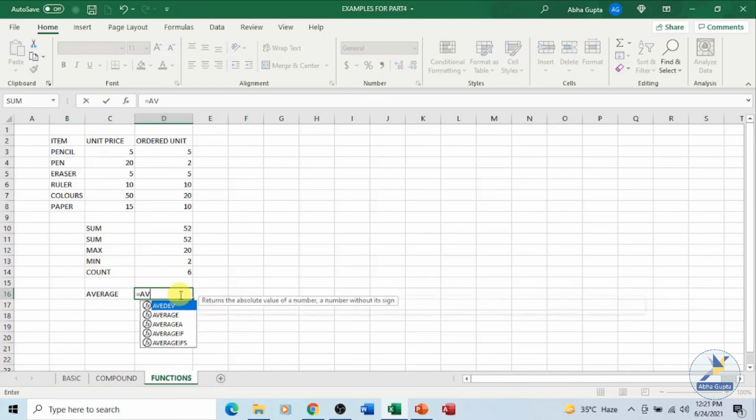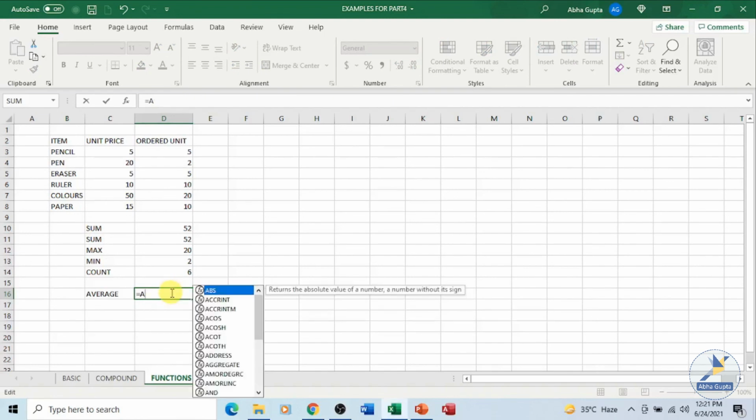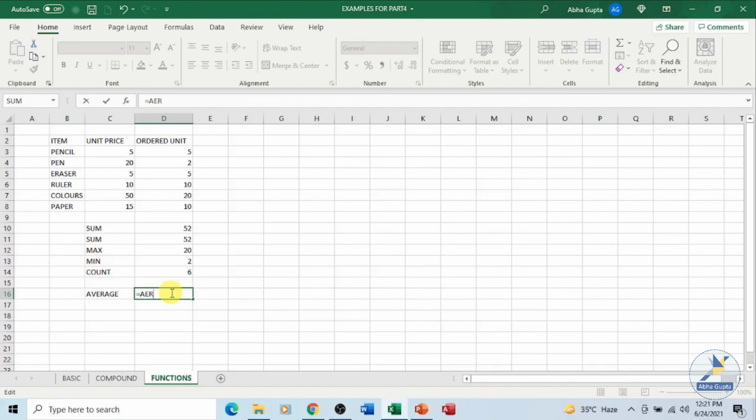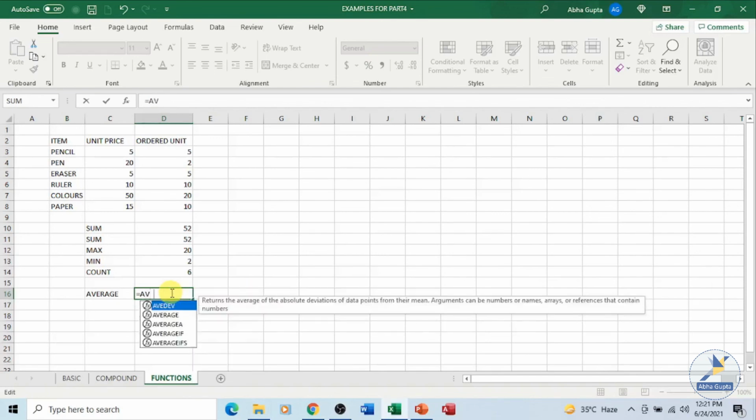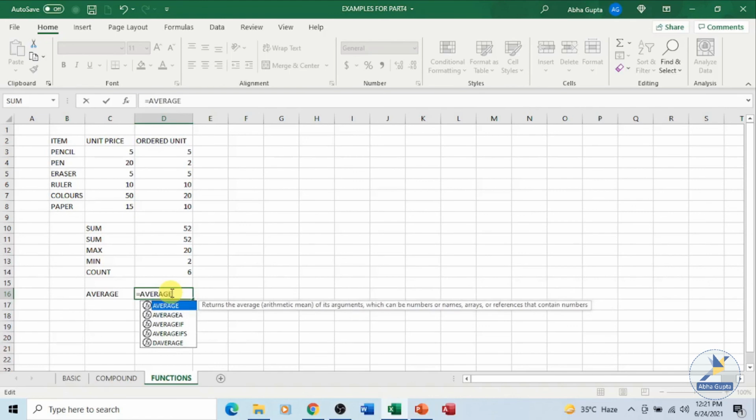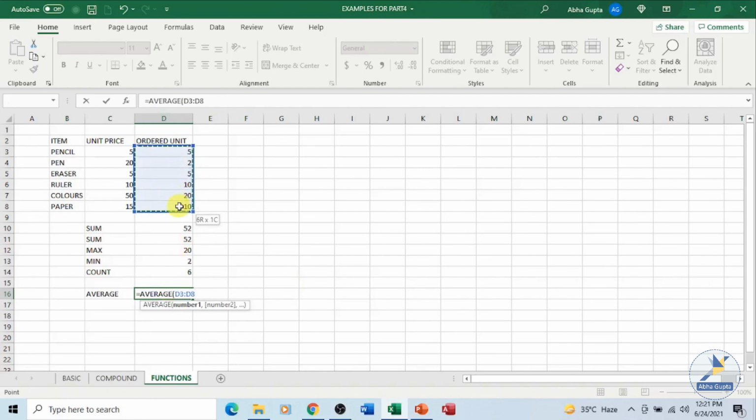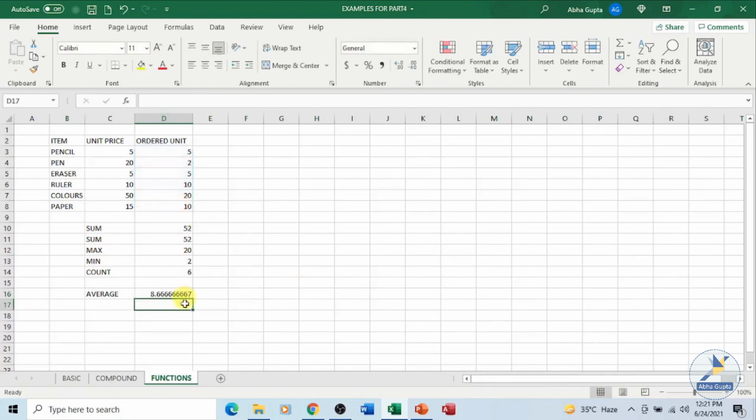Equal to AVERAGE, I want to make use of this function, average. Opening parenthesis, this is my cell range, close it and press the enter key. You got the average as this.